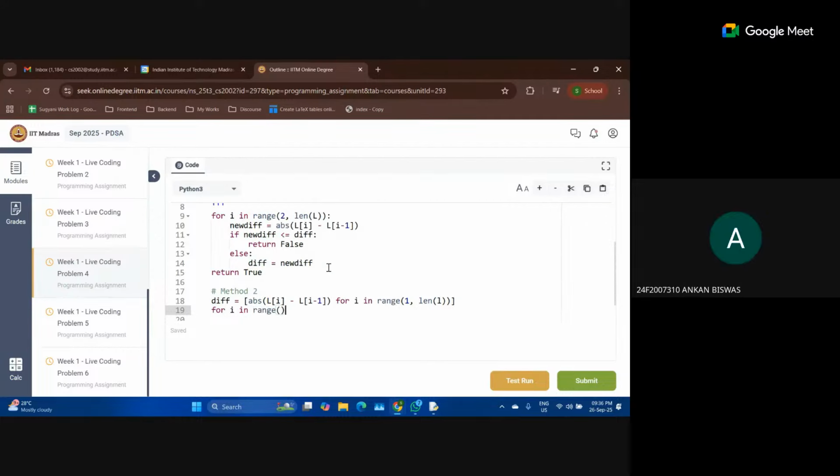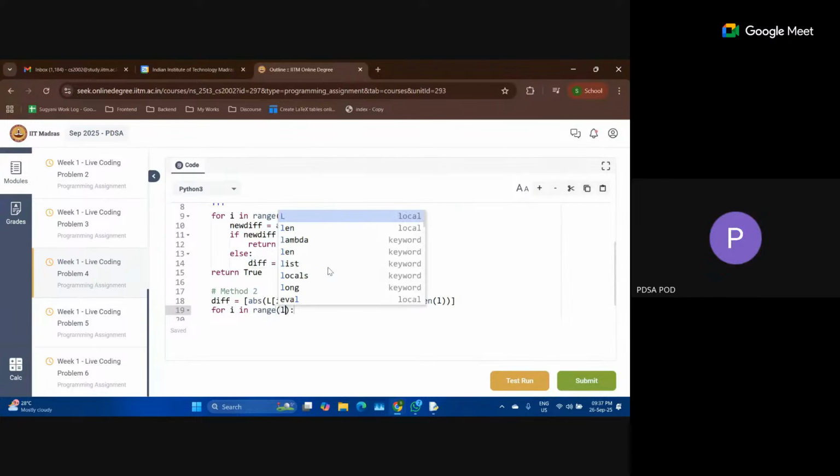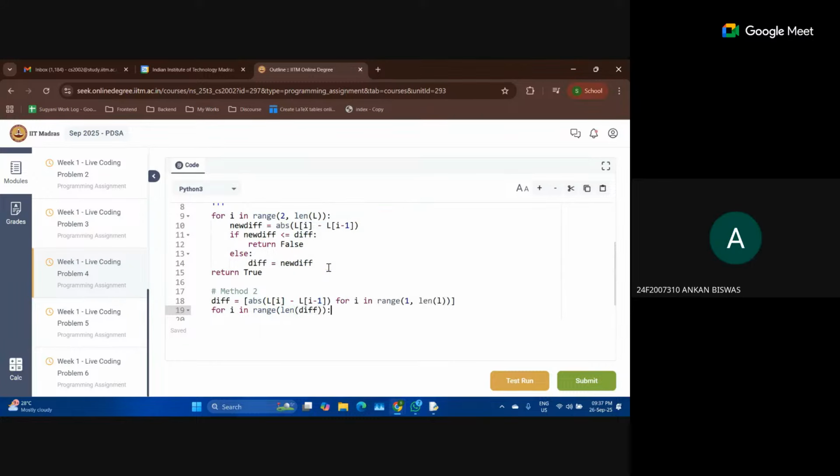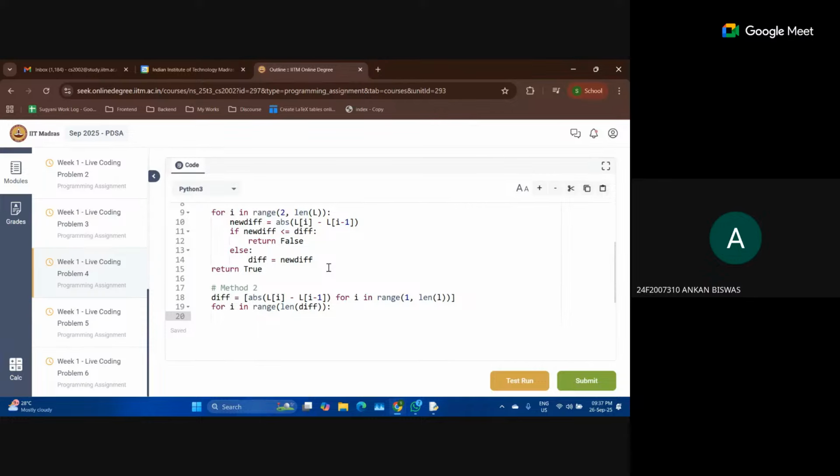Ma'am, even if we don't create any list, we can do it like define a function, then return all of the absolute value of L of I plus 1 minus L of I, if it is less than the absolute value of L of I plus 2 minus L of I plus 1, then it is okay. We don't need the length, we need to find the value.